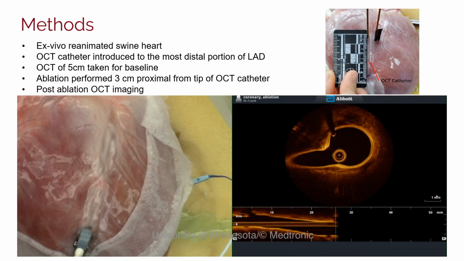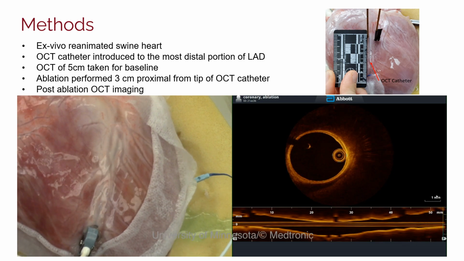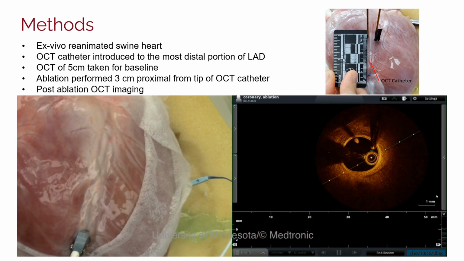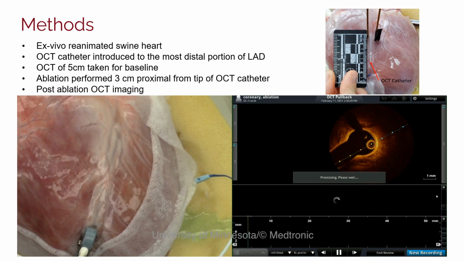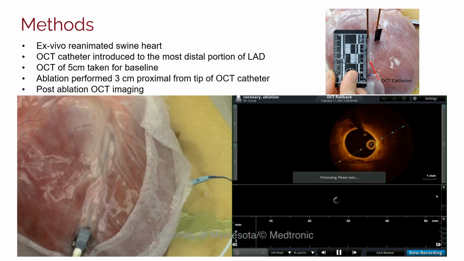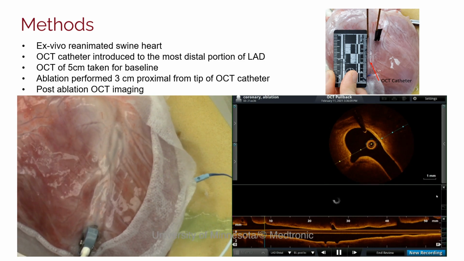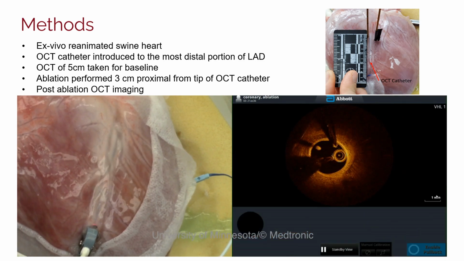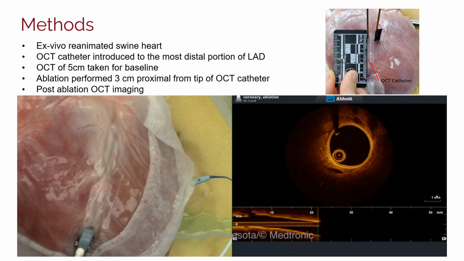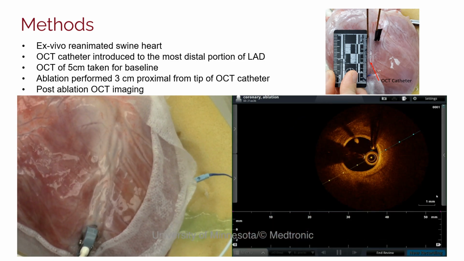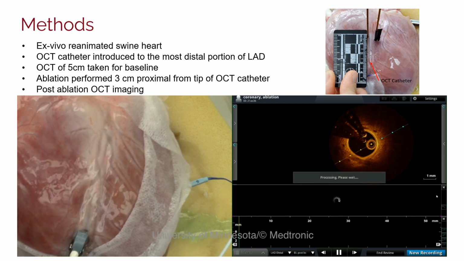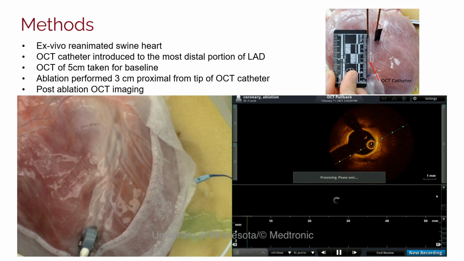Once we have taken this baseline measurement, we can actually apply our energies, and we have several spots where we can do it, and we can randomize whether we do radiofrequency or we can do one of our 2 power settings for irreversible electroporation. So we have decided to do 700 volts or 500 volts, and then we've done 30 watts for radiofrequency. In the image on the top right, you can see the OCT catheter in relation to the